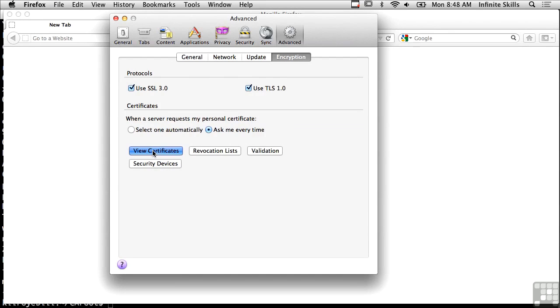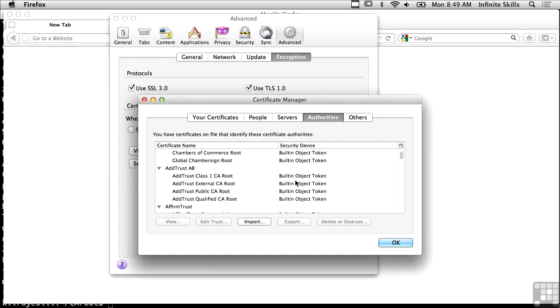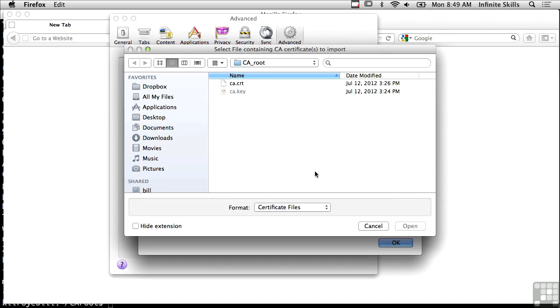And we can view the certificates that are installed on this particular computer here in this browser. So I'm looking at the certificate manager for Firefox, and I see there's an authorities tab. And here's all of the authorities that have either been built into Firefox here or have been added in some way. And you can see here that I could do an import of a certificate that I've generated,